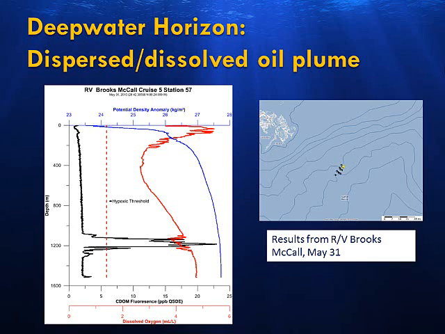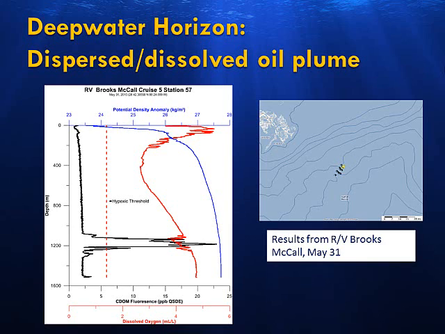If you're not used to looking at these graphics, it's a little bit difficult to understand, or it takes a while to get used to it, I guess. This is depth in meters. If you remember hearing about the deep sea plume of oil at about 1,200 meters, this is a reflection of that. This black line is an indication of oil levels based on fluorometry. I think we might touch on fluorometry briefly later. So at about 1,200 meters, there's this layer of oil droplets and dissolved hydrocarbons, and this red line is the